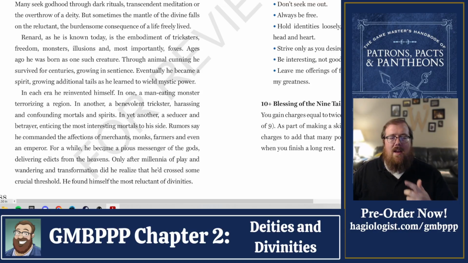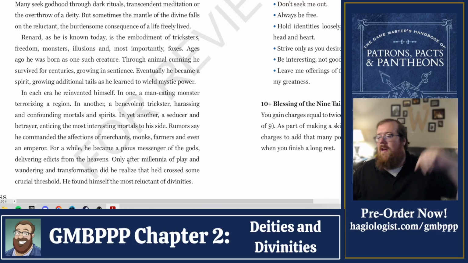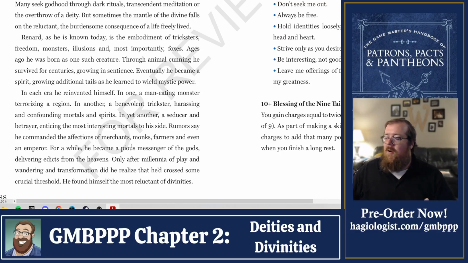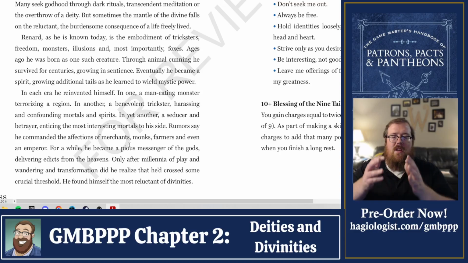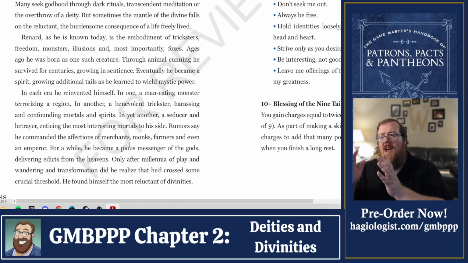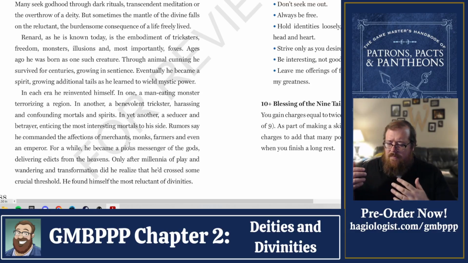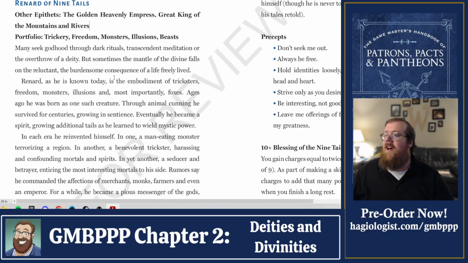And then even beyond that, as much as they're considered tricksters, a lot of cultures also see foxes as messengers of the divine, with some of them even rising to a celestial role. And that's what happens. So our character Renard goes from an animal to a spirit or a ghost to a monster to, ironically, becoming queen of a whole empire. That's that epithet which is snuck in here, the Golden Heavenly Empress. We didn't lean too hard on that, but it's just a fun background detail.